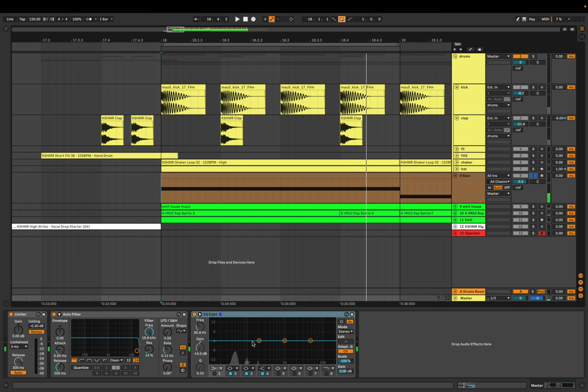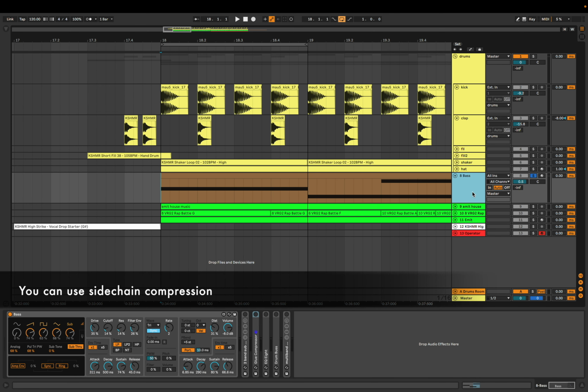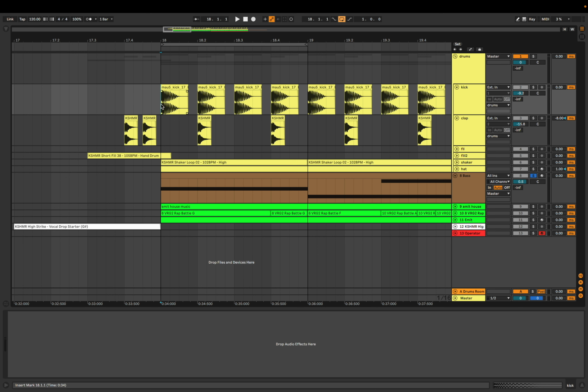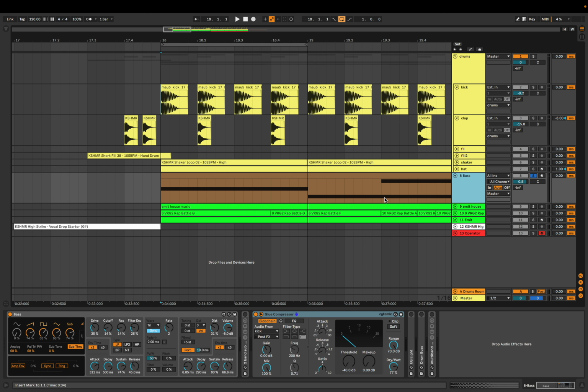You can see कि आप EQ पे देख सकते हैं कि इसी low end range में they are taking up that space. A very common technique is to use side chain compression, right? So I've used this glue compressor as a side chain from the kick. So जब भी kick बज रही है, it is dumping that bass signal. So it's sounding like this. So अगर हम इसको साथ में सुने kick और bass को,